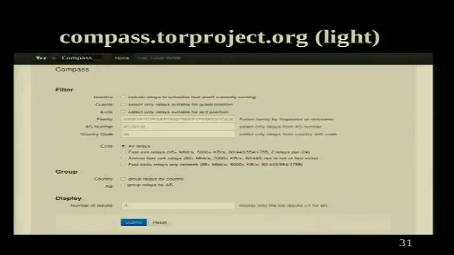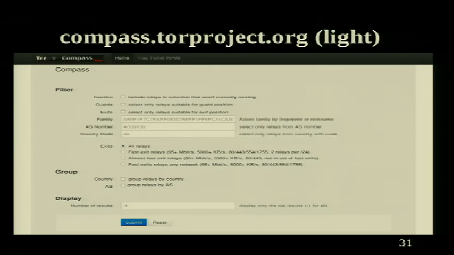Okay, so that was talking about OS images and various things where we try to get Tor bundled on various places. Now let's look at the metric side of things. So we have a bunch of different web services that you can go to and learn about what's going on in the Tor network. The one I'm going to talk about first is Compass. It started out as an idea of let's get a sense of diversity and performance of the Tor network.